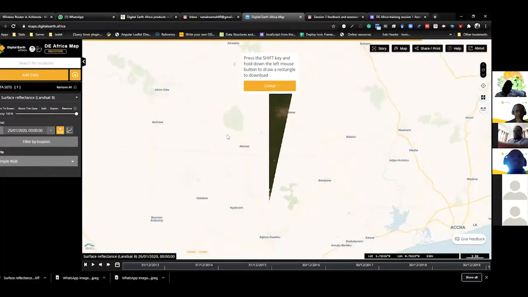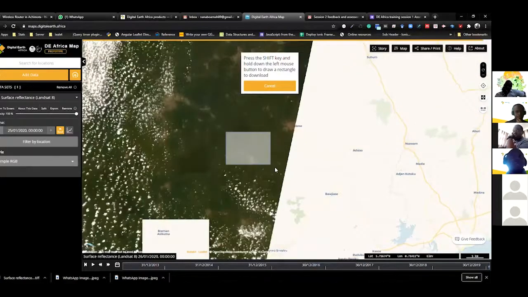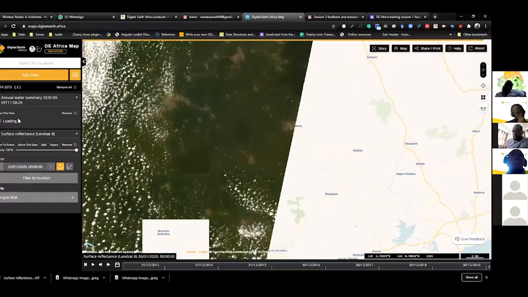Okay, sorry. I was pressing the control button instead of the shift. So I was wondering what was happening. So once you click on the shift button, you draw your cursor over the area of interest, then you leave them. On the left side at the workbench, you see that it's loading there. Once the loading is done, it will download onto your system for you. With that, you can load it up in any GIS software, either QGIS or ArcGIS, to view the end results.